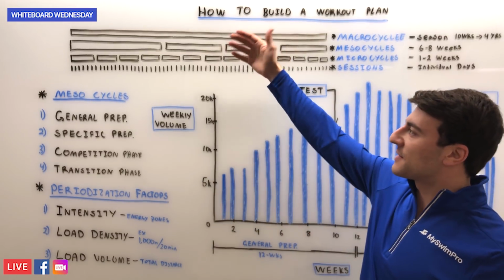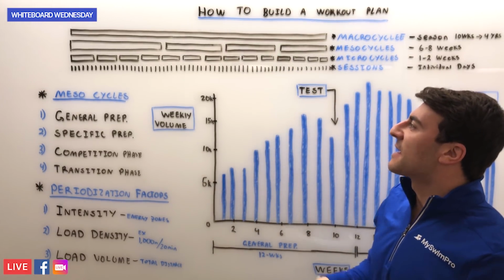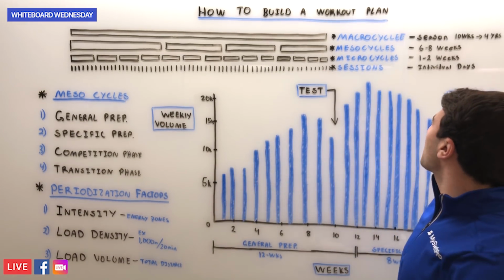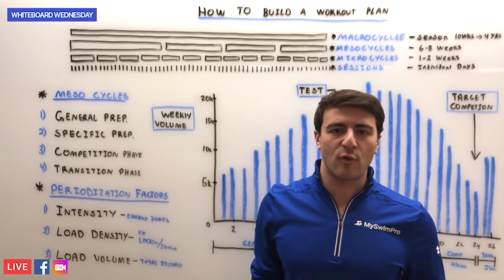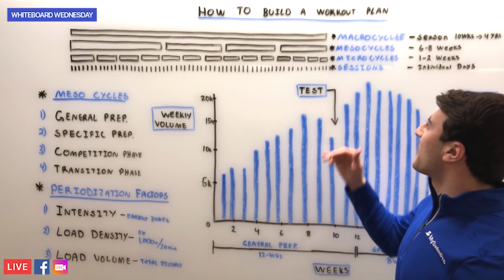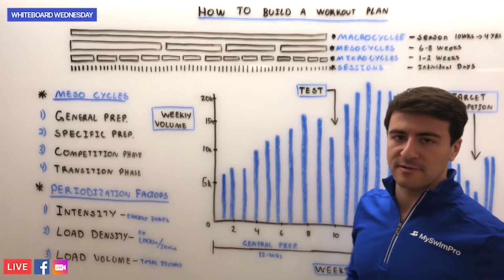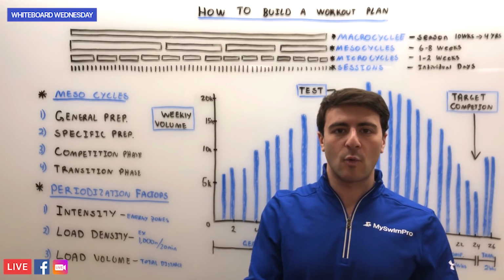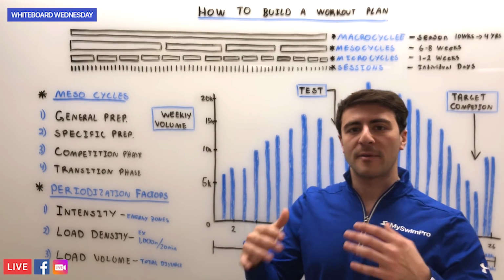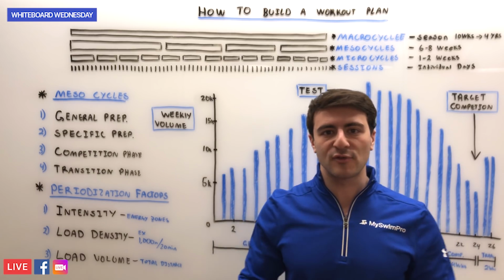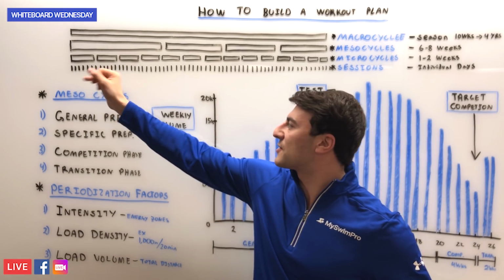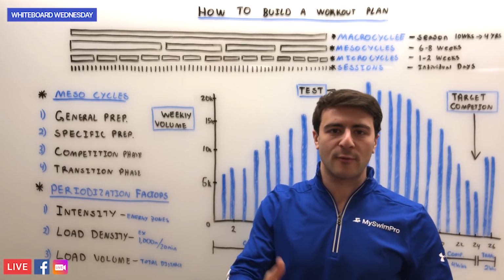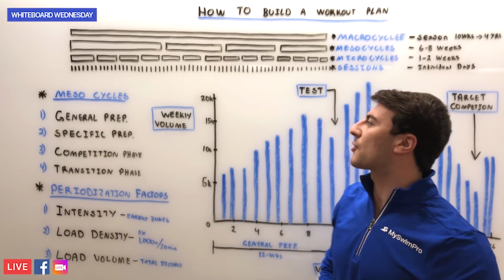Now the macro cycle is broken up into different mesocycles, and there are 4 main mesocycles which we'll talk about in a little bit. These mesocycles are anywhere from 6 to 8 to even 12 weeks in duration, and then those mesocycles are broken up into microcycles. A microcycle is anywhere from 4 to 10 days, and that's typically about 1 to 2 weeks of training. Now, the microcycle is broken up into individual training sessions, and as you can see, each individual tick represents an individual training session. So that could be anywhere from 3 to 4 to 5 to even 10 times per week